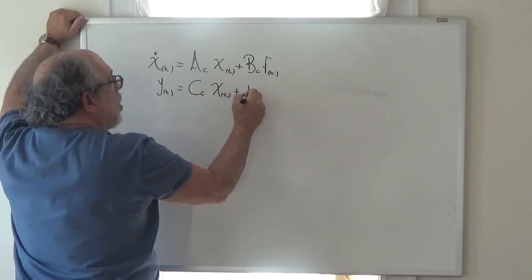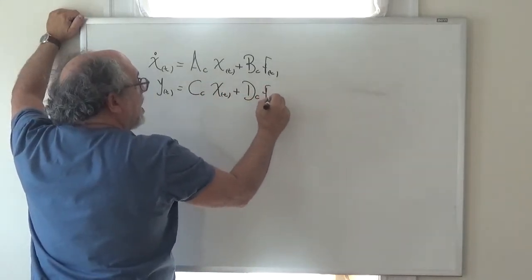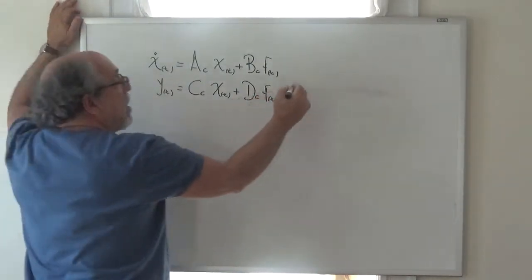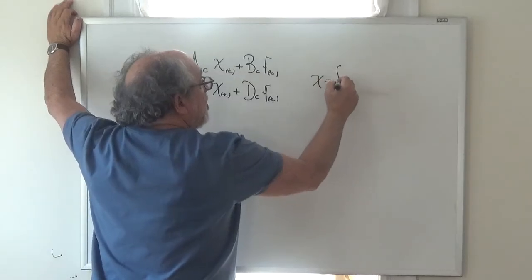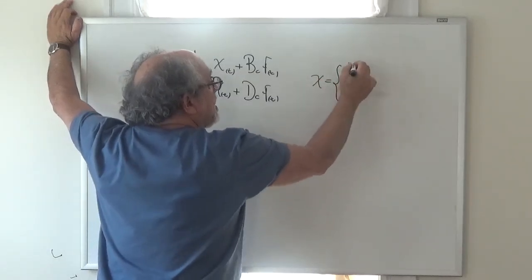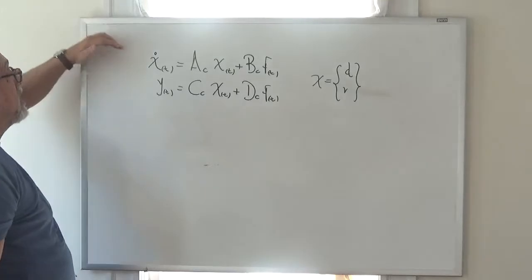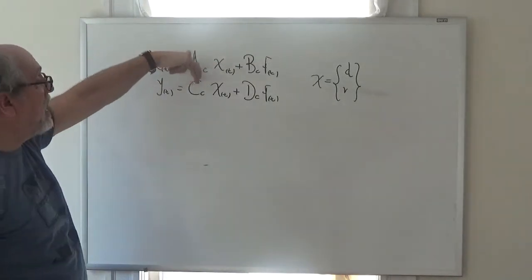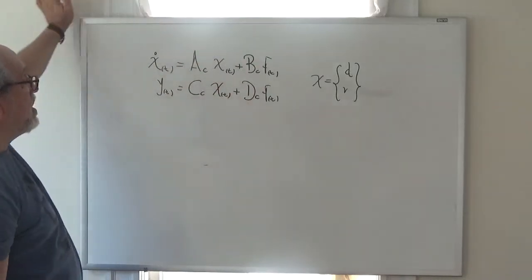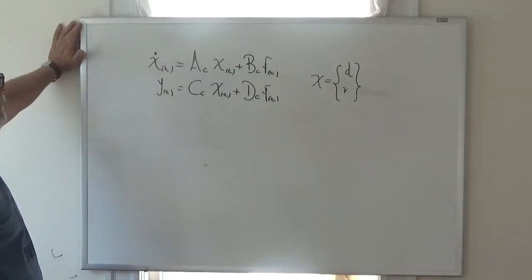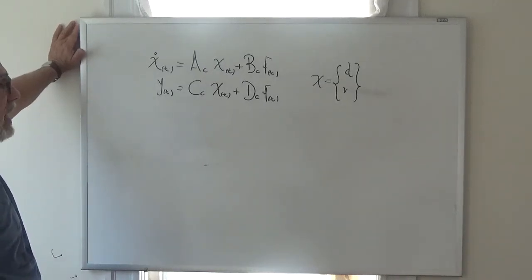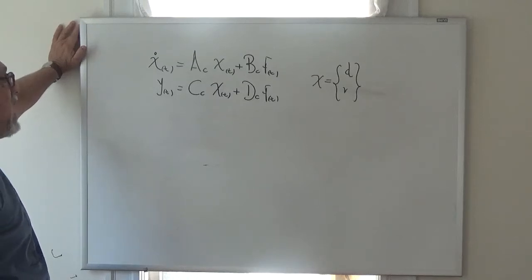The state space model is this. X dot, where remember X is displacements and velocities, right? So X dot is A X plus B F, Y is C X plus D F, where D may be 0. Now, the first thing we want to do to really understand what we're doing here is to break the A